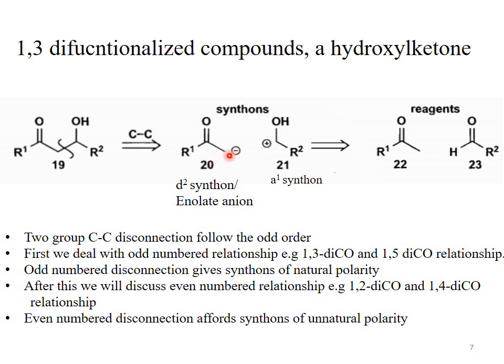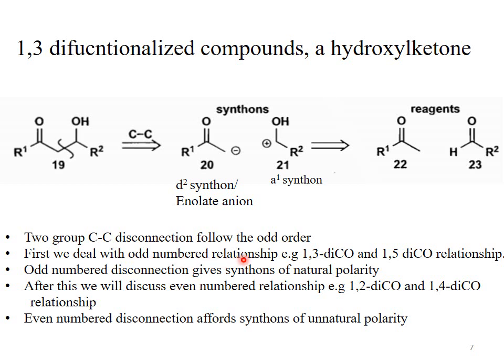It's a beta cleavage. So, when this beta cleavage occurs, then we have 2 type of synthons. One is the right fragment, the other is the left fragment. The left fragment carrying a negative charge and the right fragment carrying a positive charge. So when we will disconnect the carbon-carbon bond, then we have two fragments. One fragment will carry the positive charge, the other fragment will carry the negative charge. So we disconnect the beta cleavage.